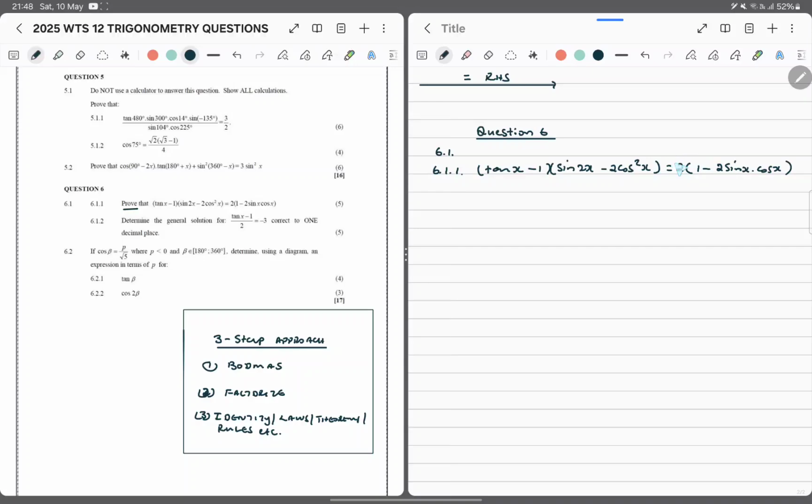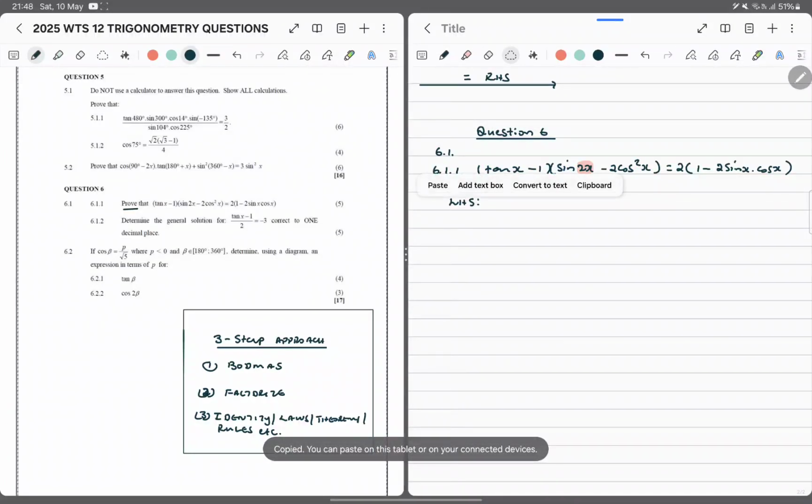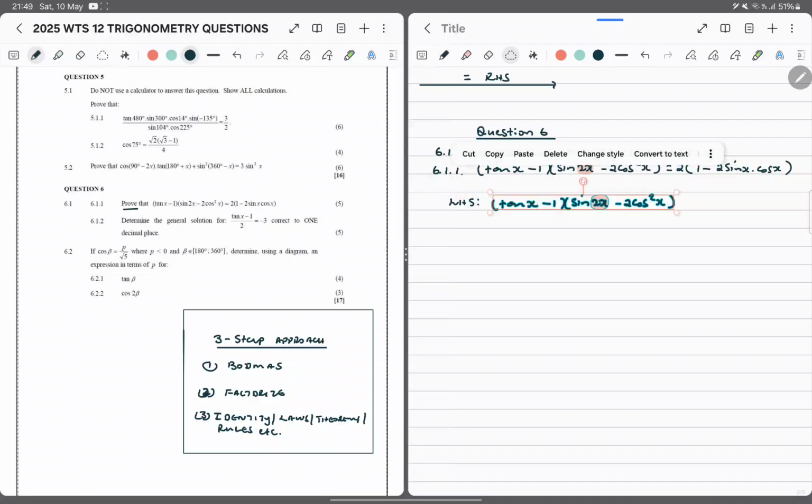Okay, so obviously we've got brackets, we've got terms, but what makes it more attractive to start on the left hand side is that double angle over there. So we will take our left hand side. Now this is equal to, now remember, BODMAS will dictate that we handle brackets first, so don't be too overzealous and start using identities. So if you FOIL this thing out, we're going to have